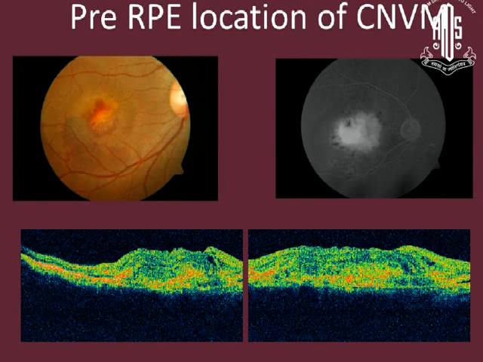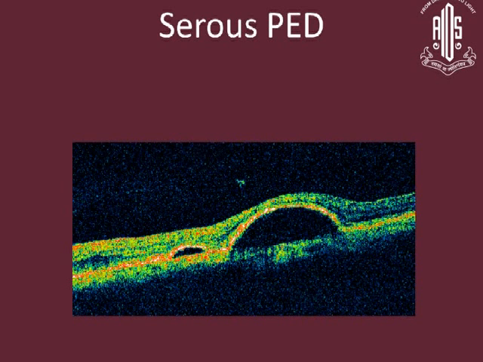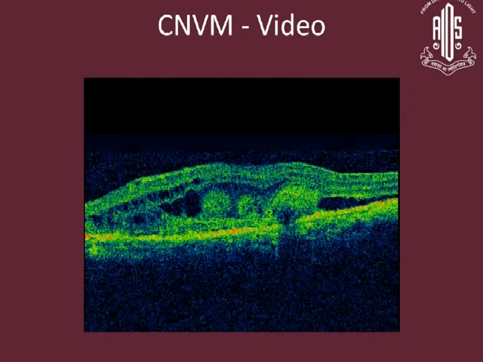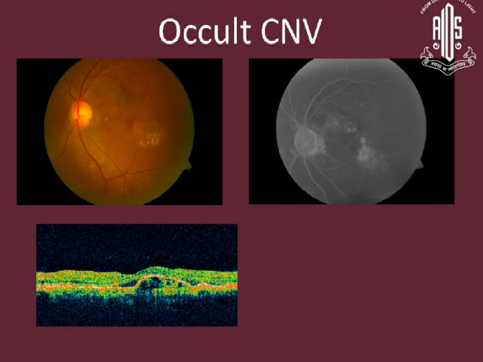And this is a picture of a PED, which is an optically clear space, and you can see the RPE choriocapillary complex well. This is a fibrovascular PED. Some part of it can be seen, and some part of it cannot be seen because of the hemorrhage obstructing the view. And this is just a video. Then we can identify presence of activity in case of a CNV, in case of a PED, and